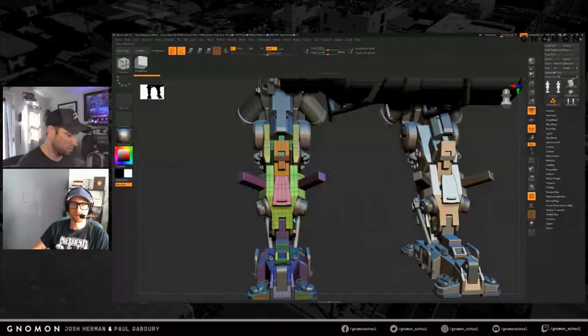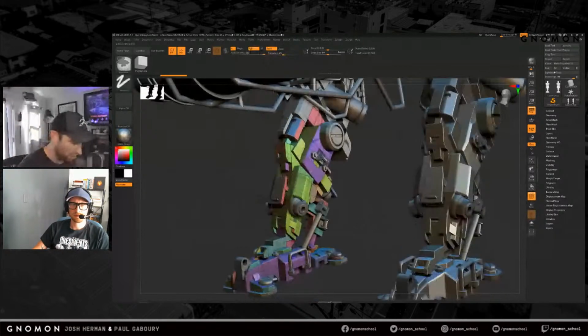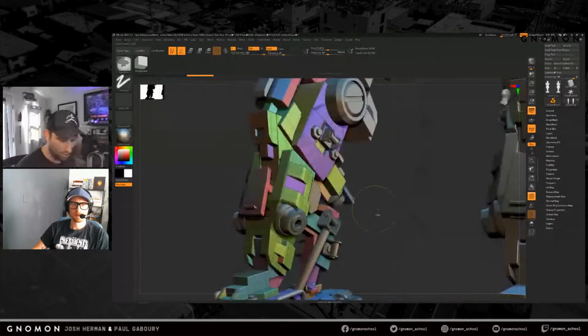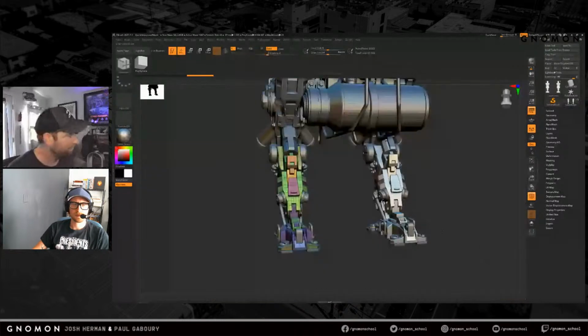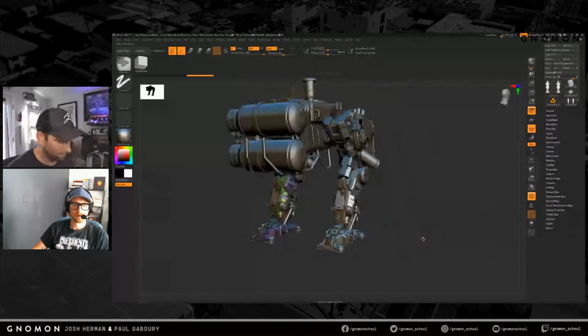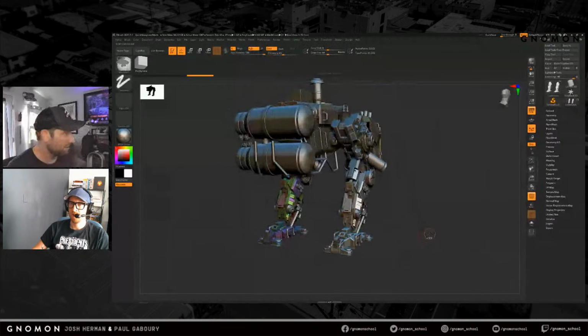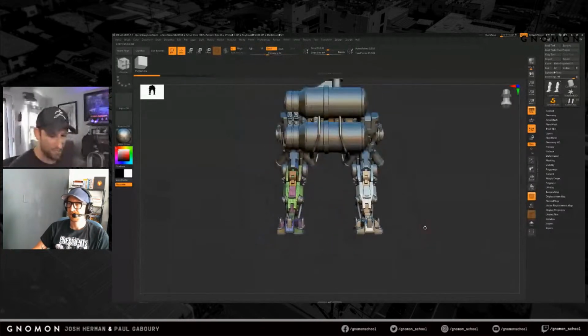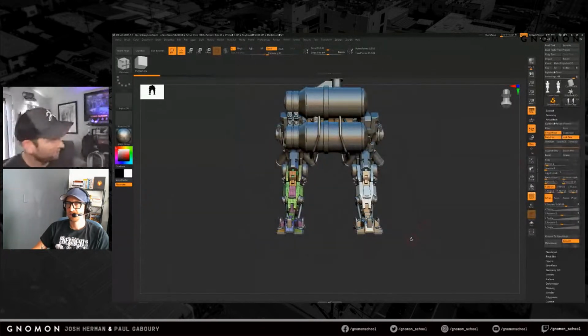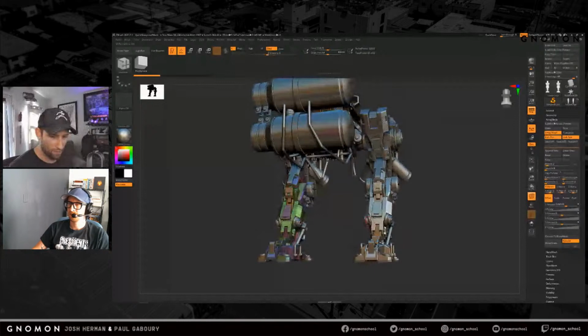So I've got symmetry here and here, right? Whatever changes I make here are going to happen over here at the same time. Make sense? What we're doing here is, in essence, an array mesh that's happening. So if you select this leg, and then what I'm going to do is